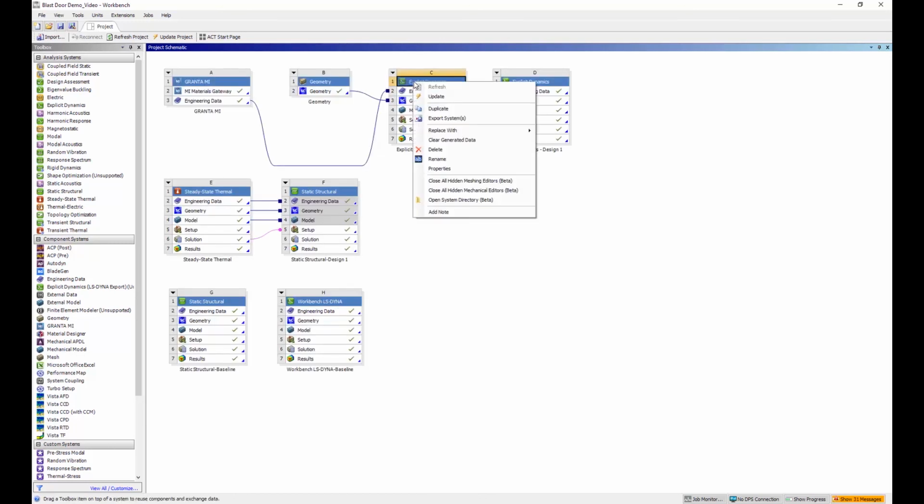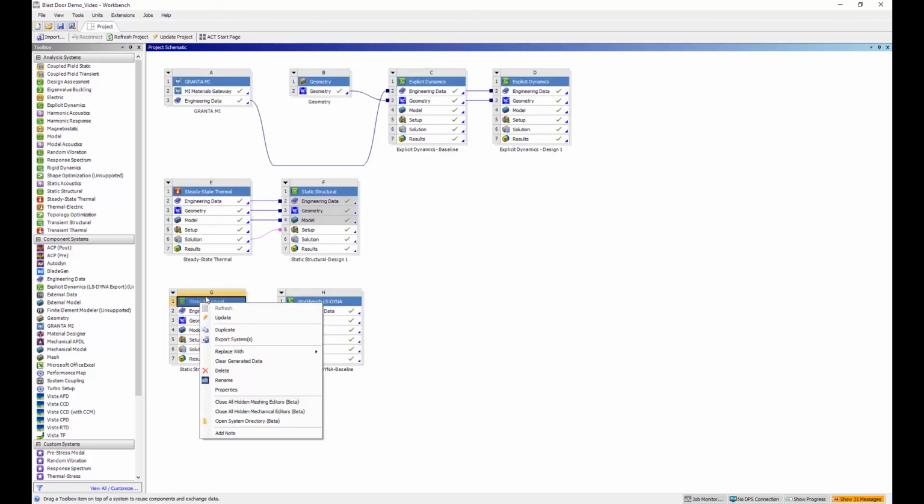So once that was done, a question is what if I just want to do simple solutions rather than complex solutions. So all I can do is that in this example, I duplicated this and I replaced this with a static structural solution. In a company, users might be junior engineers who don't want to use ANSYS Enterprise.